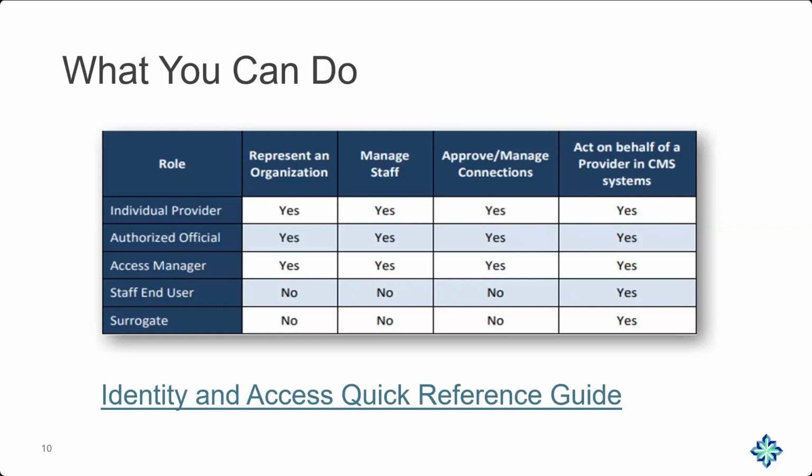And here I have included a chart. This is something that CMS does have posted, and I'll show you that in a minute. But this is going to show you the different roles, and it's going to let you know if you can represent an organization. That first column, "represent an organization," is going to be more of that authorized official, that access manager role. So when it says no for staff, end user, or surrogate, it doesn't mean that they're not